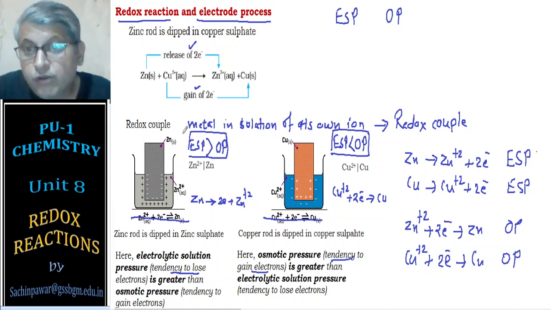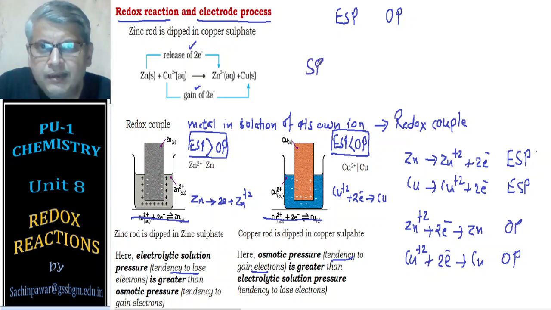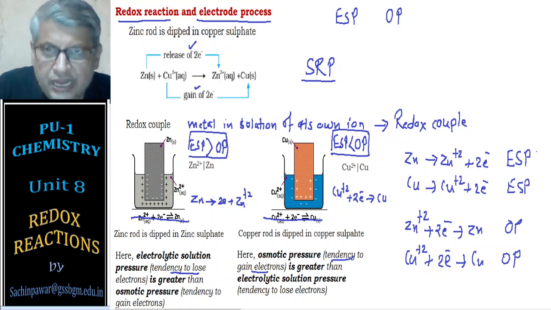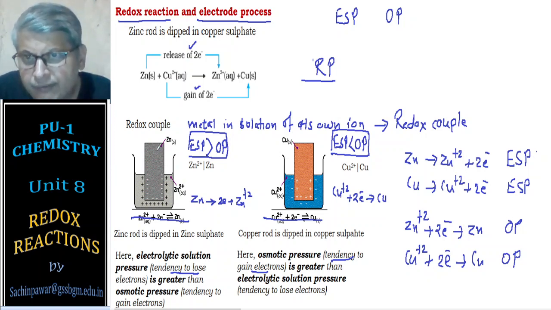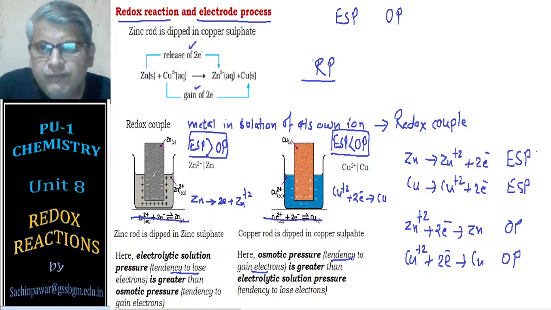This voltage is called standard reduction potential, or SRP. Sorry, I will say it is called reduction potential. So a certain potential is developed, that is called reduction potential. And the same thing is happening here. You will see here we have a negative rod, therefore we will have a negative potential on zinc,